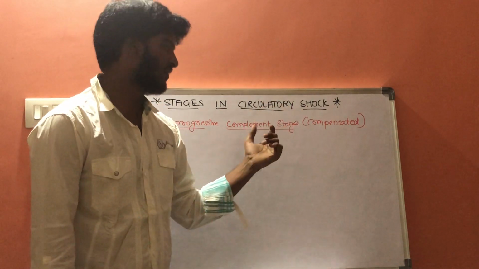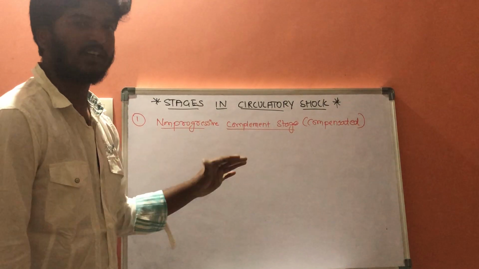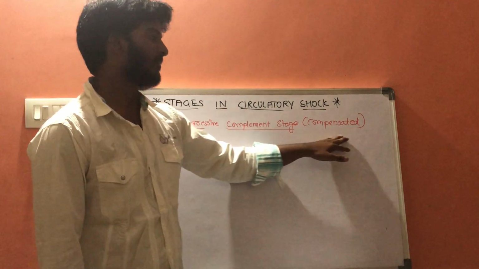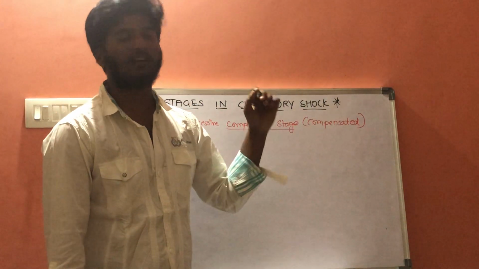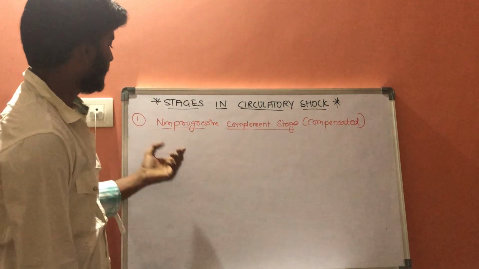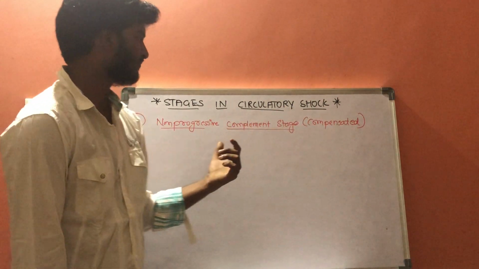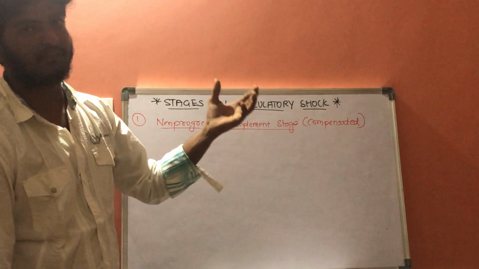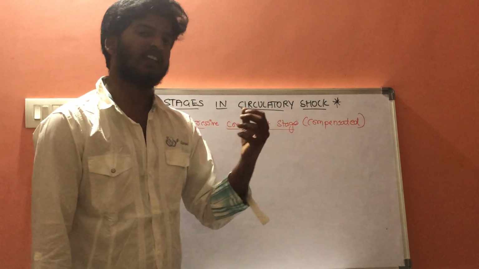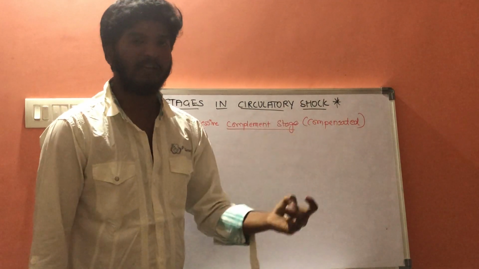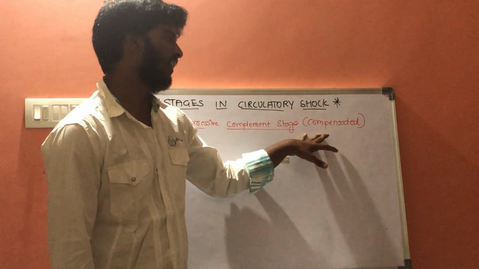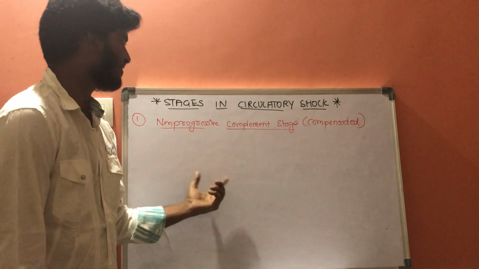The compensatory mechanisms are nothing but stimulation of sympathetic outflow, the renin-angiotensin system, and increased ADH hormone. We will discuss that later. This first one is the non-progressive compensated stage. In this stage, when a person is bleeding, certain compensatory mechanisms will be activated. After activation, they stop the bleeding process and help in recovering the patient. Now, if the person fails to compensate, it results in the second stage.